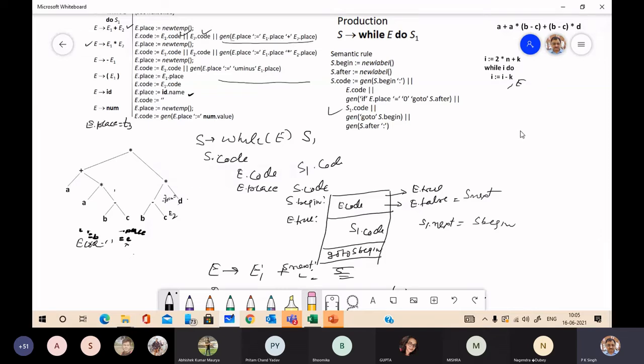First 2 into n. So a temporary e place is 2 multiplied by e1 place, which is 2 multiplied by a. That is e2 place. T1 equal to 2 into a. Then T2 is this result plus k, T1 plus k.